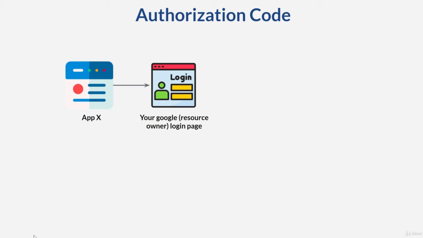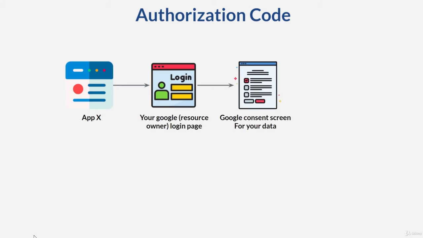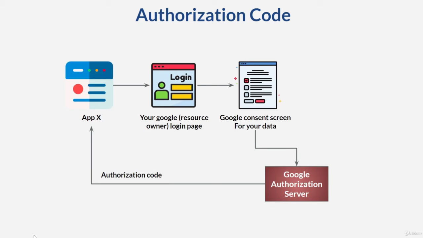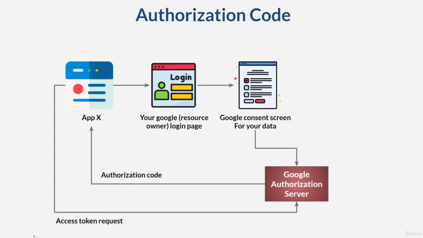When you log in using your Google account, there will be some scope required. In this case, read access to your Google Drive. This is commonly known as the consent screen for the Google data you own. By logging in, you as the resource owner authorize access for application X to your Google Drive only for read, as defined in the scope. Application X then gets an authorization code that it can use to negotiate an access token with the authorization server. Using this authorization code, application X then gets an access token for a certain scope.